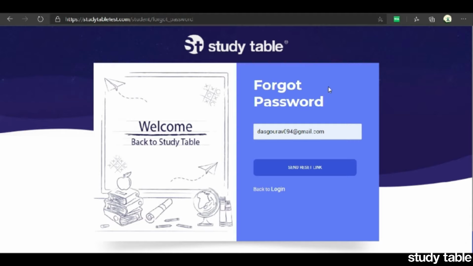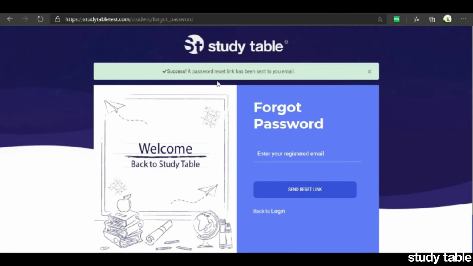And to confirm your email ID, contact your institute. So if you are getting that incorrect email ID or invalid email ID or email ID is not registered, contact your institute for the correct email ID. And one thing to remember, don't put any space in between the email ID. Okay. See, if we put a space, it shows enter a valid email address. So don't put a space in between the email ID. Okay. Now click send reset link.